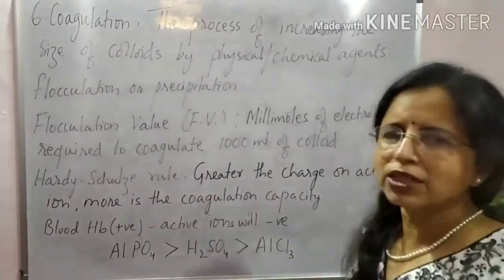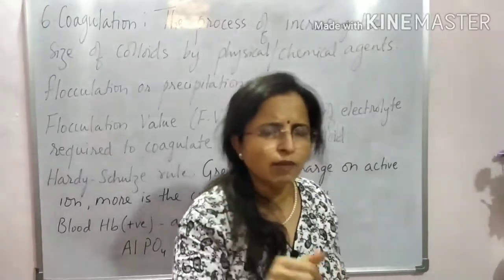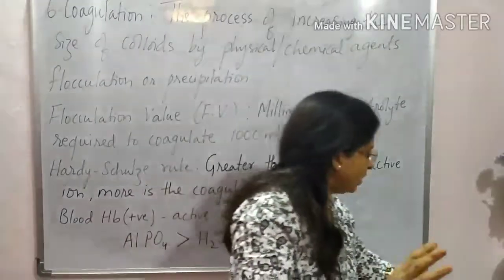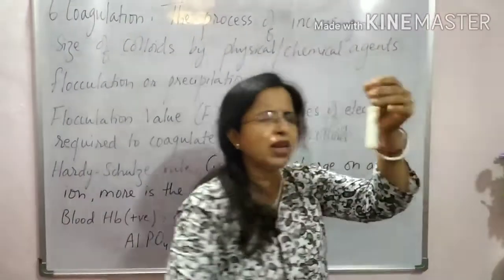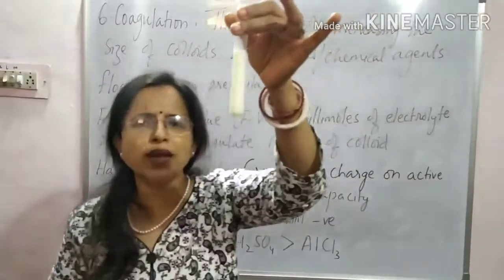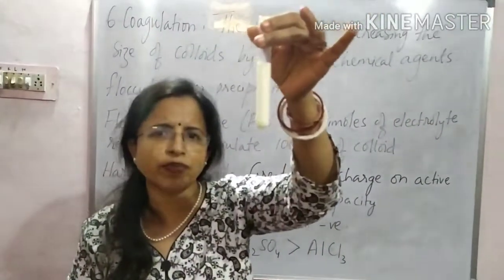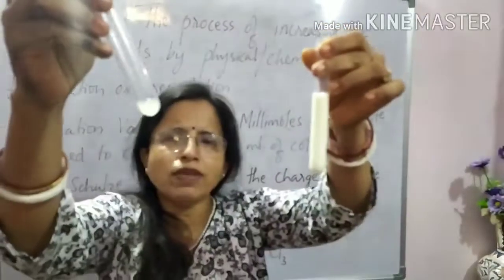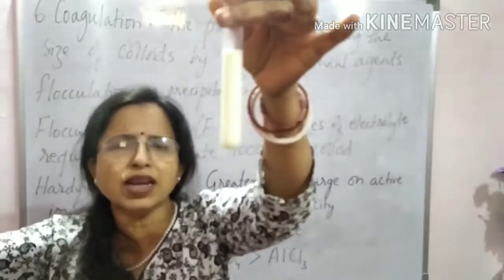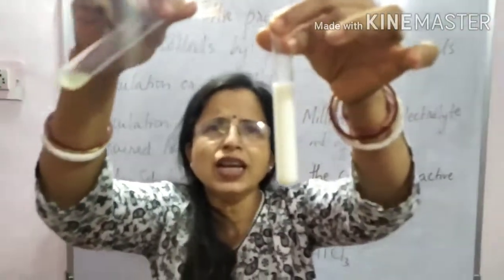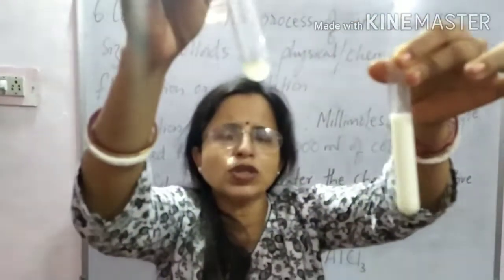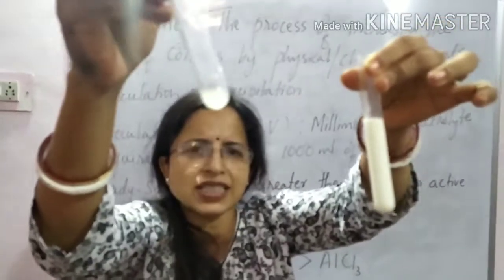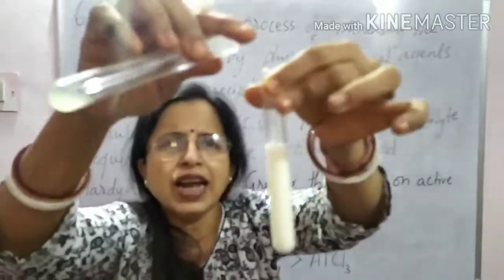So I will explain the coagulation method by a very simple experiment. See here, I am taking a test tube filled with milk. Milk is a colloidal system. In another test tube, I have taken a few drops of lemon juice. Can you find out where the DP is and where the DM is? No. But when I add a little amount of lemon juice, which contains citric acid, it is the electrolyte needed.